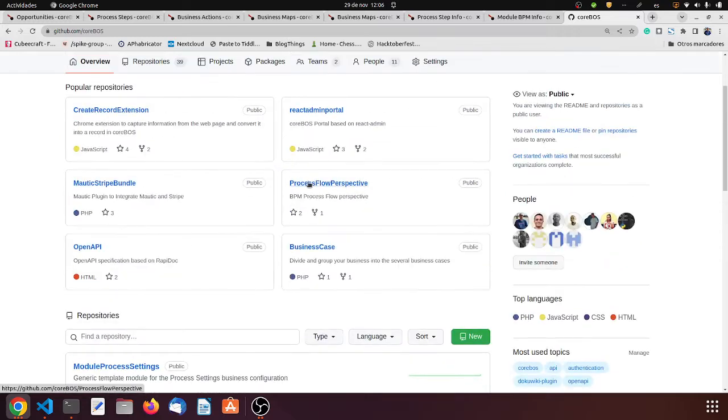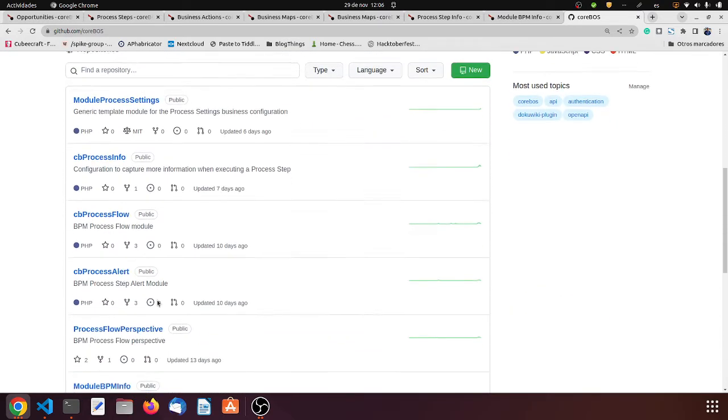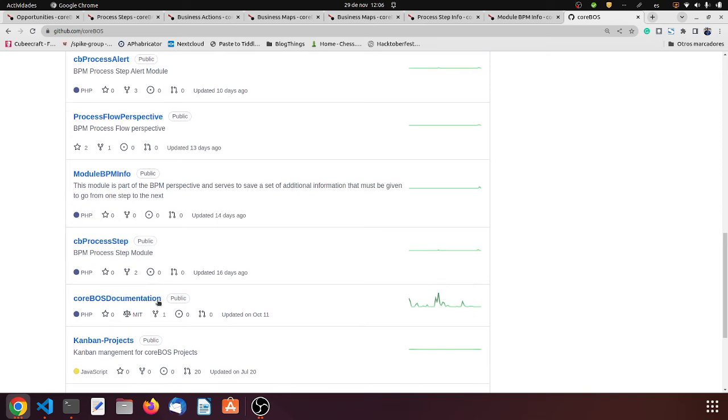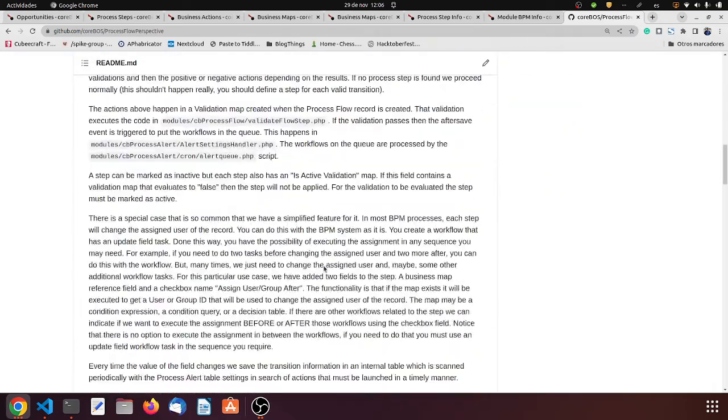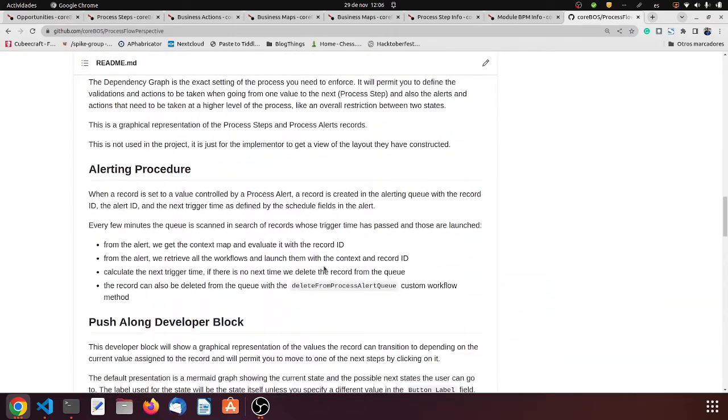This is the business process flow perspective. This one here, it's documented. I also documented the new functionality that we have, but I'm going to show you here in the video